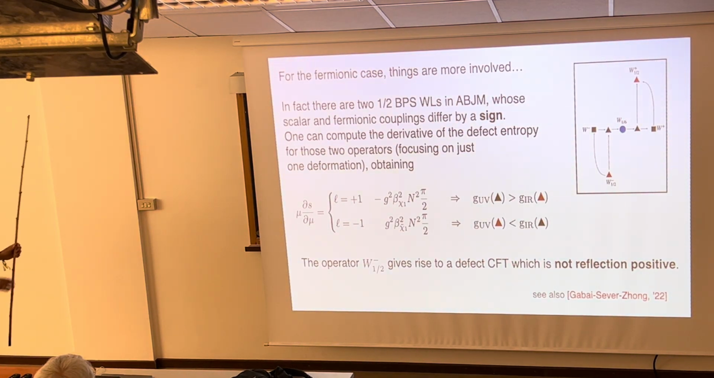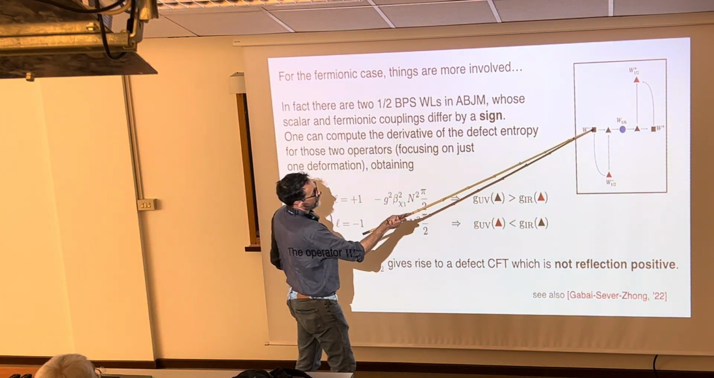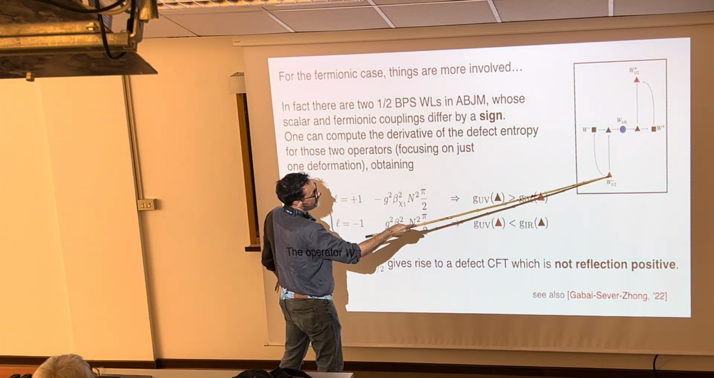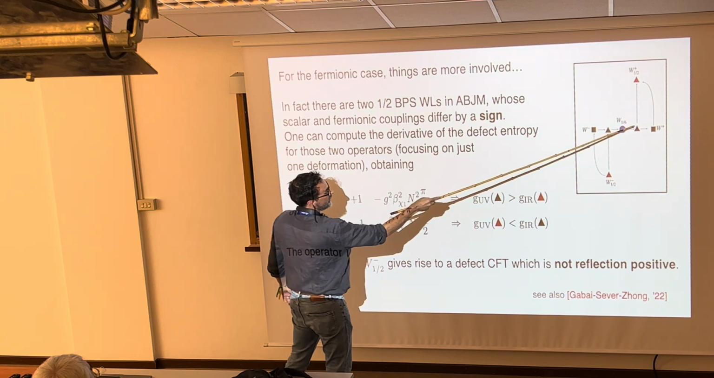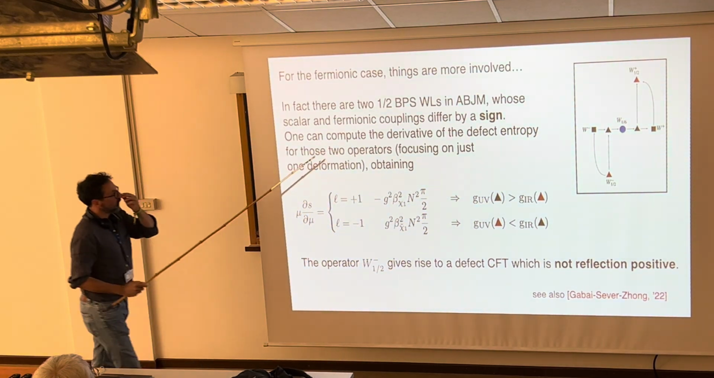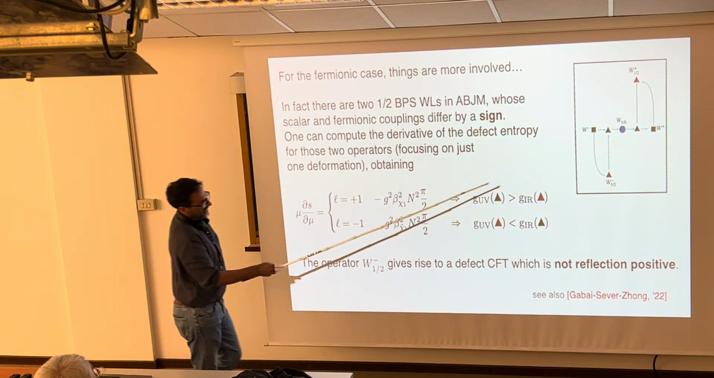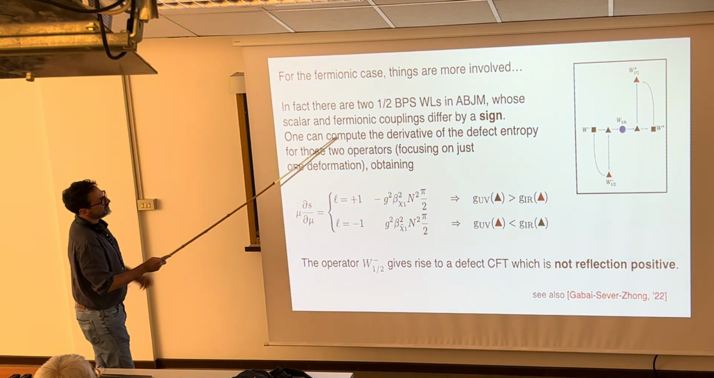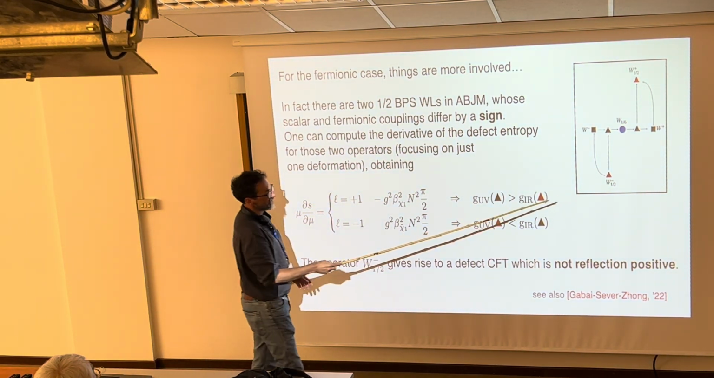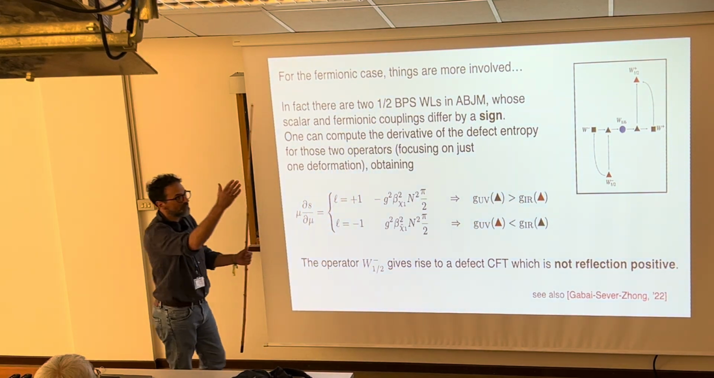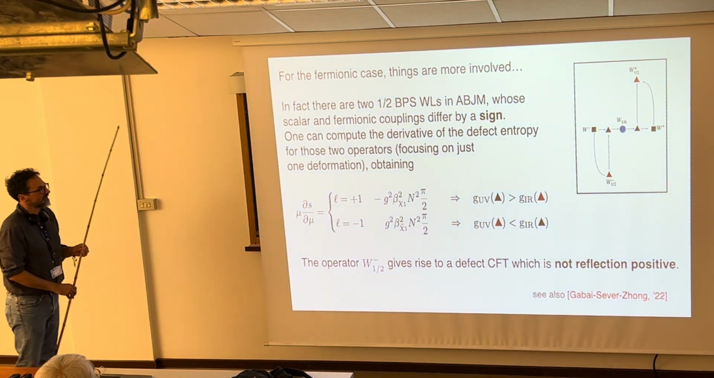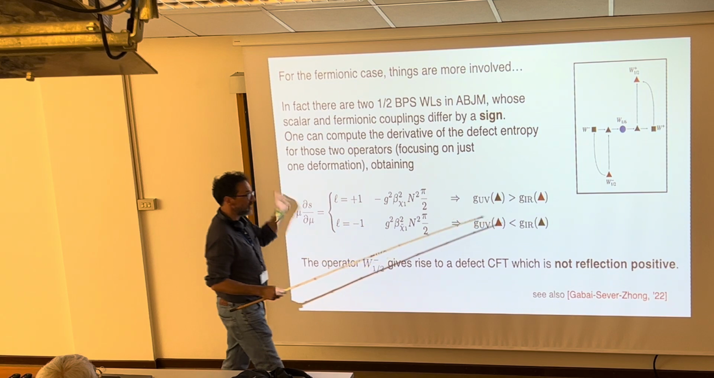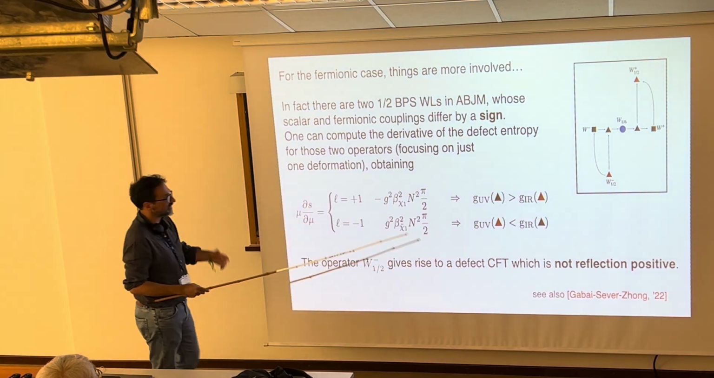What I showed you before was just this one, going from W minus to W plus. Now let's consider what happens if you turn on fermionic deformations, for example, along these two vertical lines here. Things are more involved, and in fact, as is clear from the picture, there are two half-BPS operators that differ just by an apparently harmless sign in front of a coupling. One has some matrix M, the other has some matrix minus M of scalar couplings and some other minuses in other places. But classically they preserve the same supersymmetry, so they are